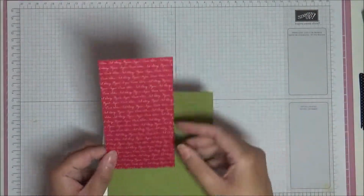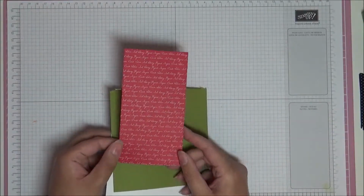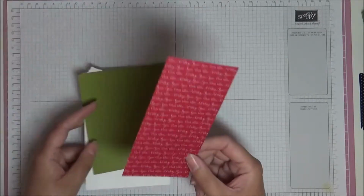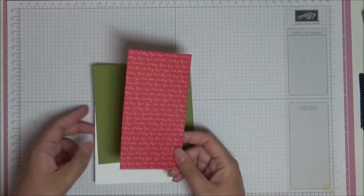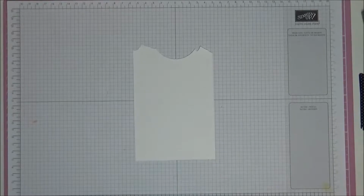And then you're going to need a piece of Real Red. This is our 6x6 family stack, and this measures, what does this measure? Let me have a look. 7.6 centimeters by 14.35 centimeters. Okay, so let's bring back our scrap of Whisper White, and the stamp set we're going to be using is